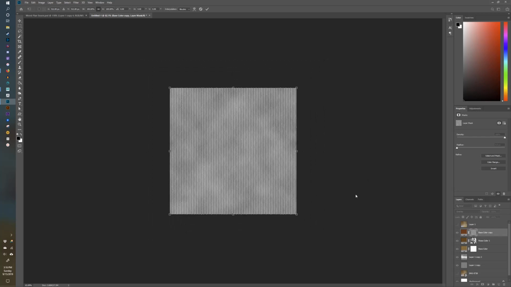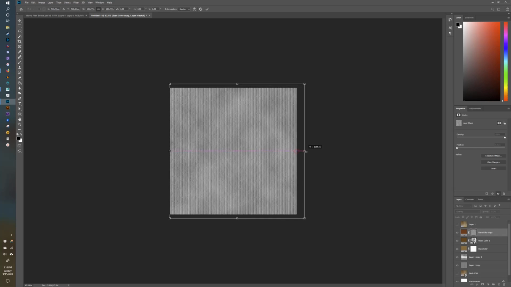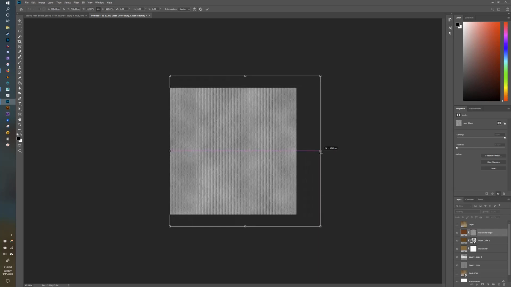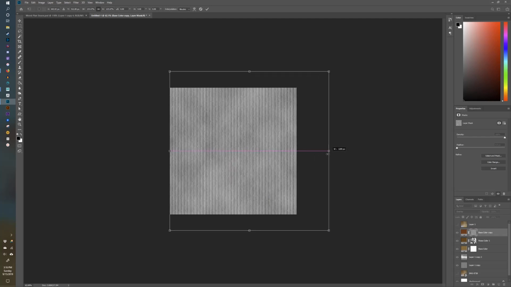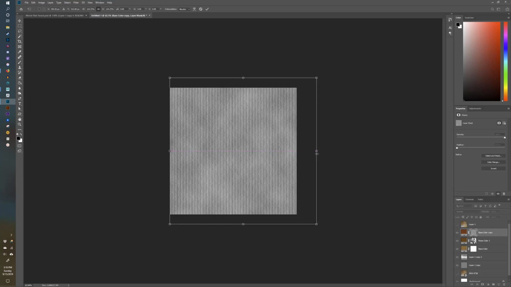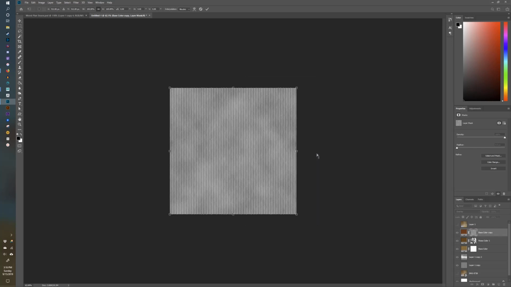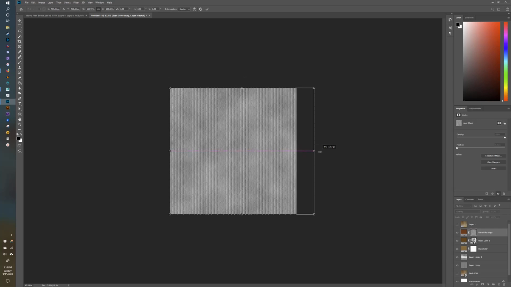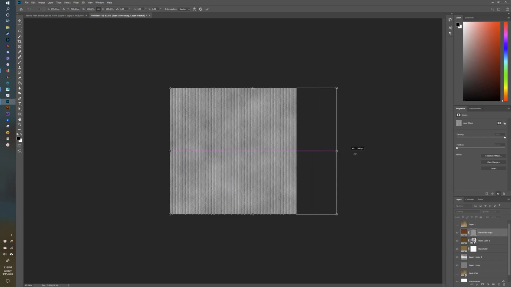The important thing about the new version of Photoshop is that by default, if you grab the side handle and you start to scale, it does it uniformly. It scales proportionally, I should say. But we don't necessarily need it to scale proportionally. We can just go to the side. So if you hold Shift when you click on the side handle, it'll only scale it in that direction. So we'll keep going,